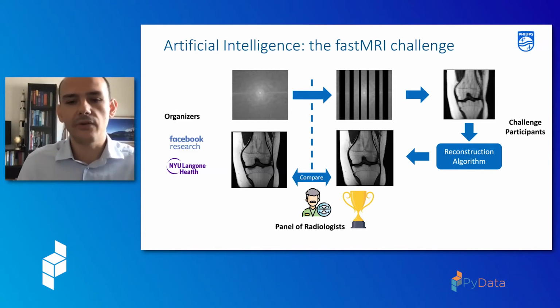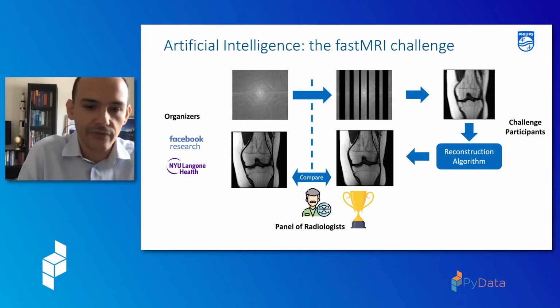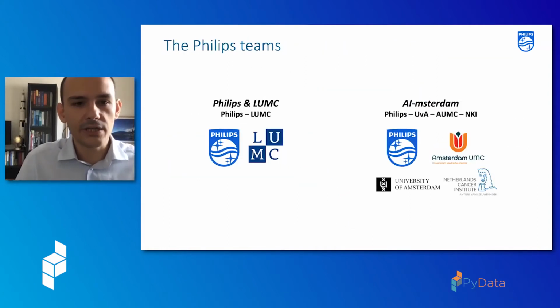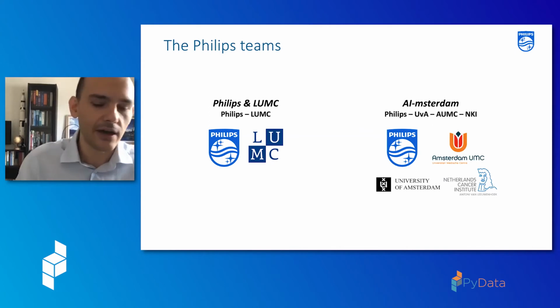And they asked the participants to develop an algorithm that can do this reconstruction and provide the reconstruction back to the organizers. And then a panel of radiologists was looking at the differences and evaluating them based on the diagnostic quality or the presence of artifacts, really by looking at the images. And based on that, they decided the winner of the challenge, really based on the value that can bring to the practice. Now, we participated as Philips with two teams. One was a collaboration between Philips and LUMC, and another between Philips and several institutions based in Amsterdam. So that was pretty exciting to work in such a high-profile